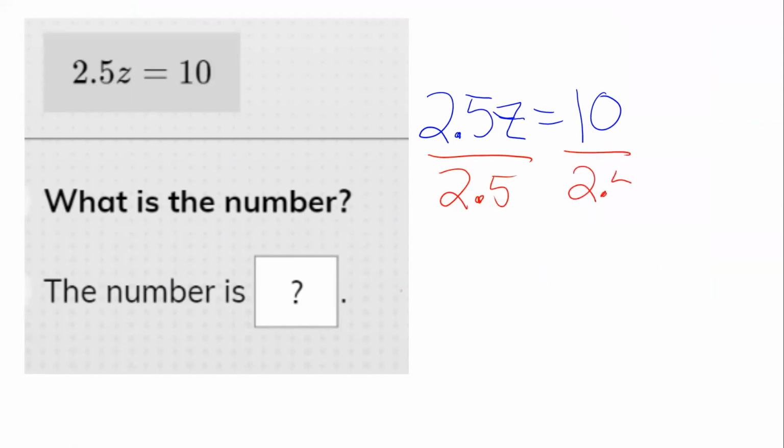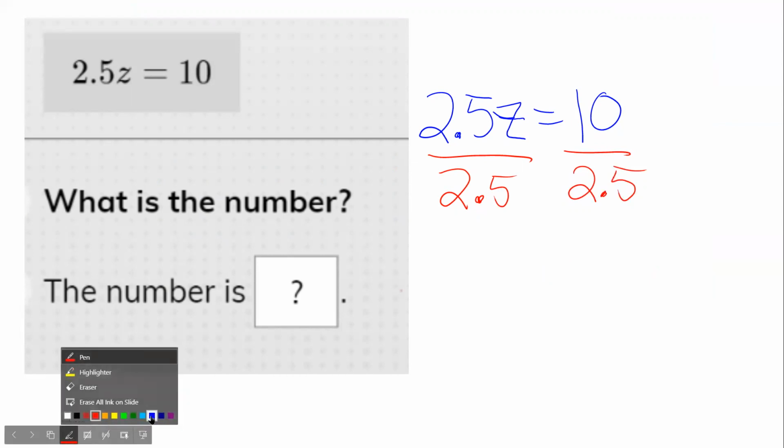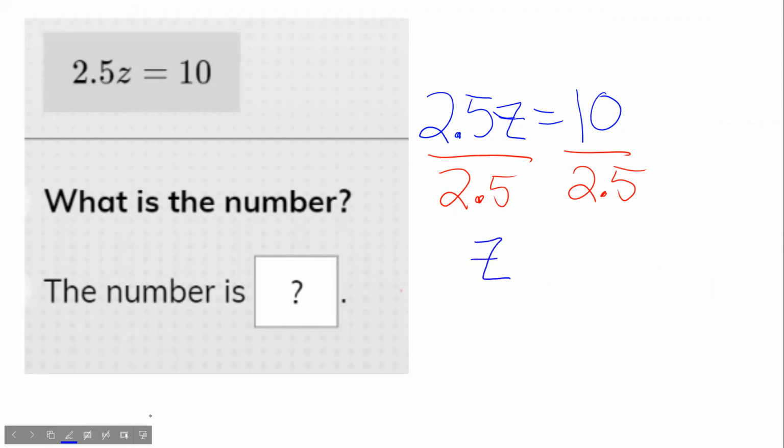And 10 divided by 2.5 is 4. And again, if I plug that back in and say 4 times 2.5, that should be equal to 10 if I use